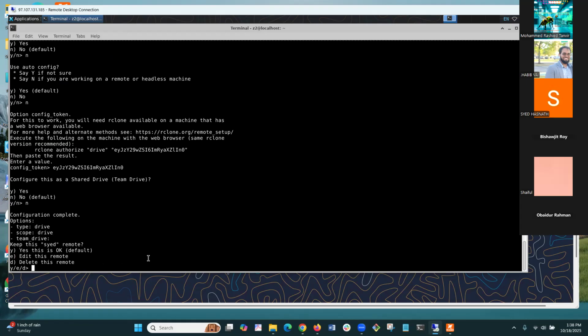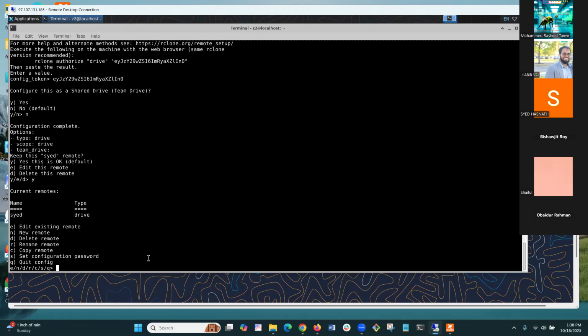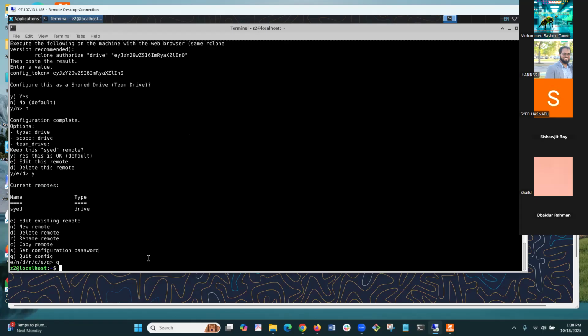Configure complete, type option dash the drive scroll, keep this side remote. Yes, this is okay. Yeah, just Y. ওয়াই দিব। Set configure quit, Q. হ্যাঁ, এবার ট্রাই করতে পারেন কপির যে জিনিসটা, ওইটা।